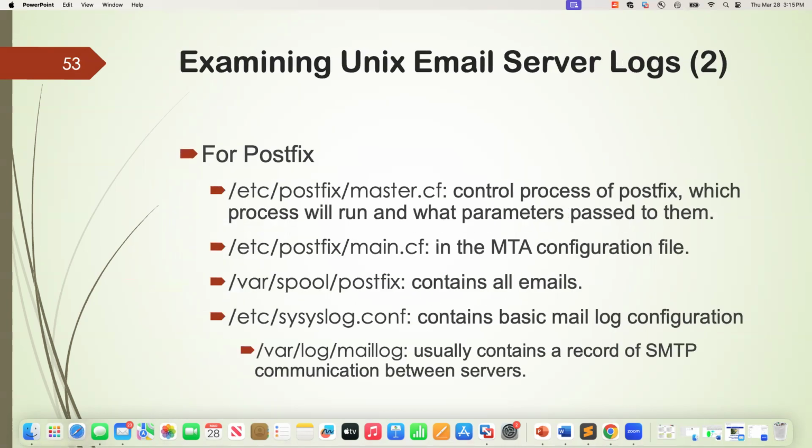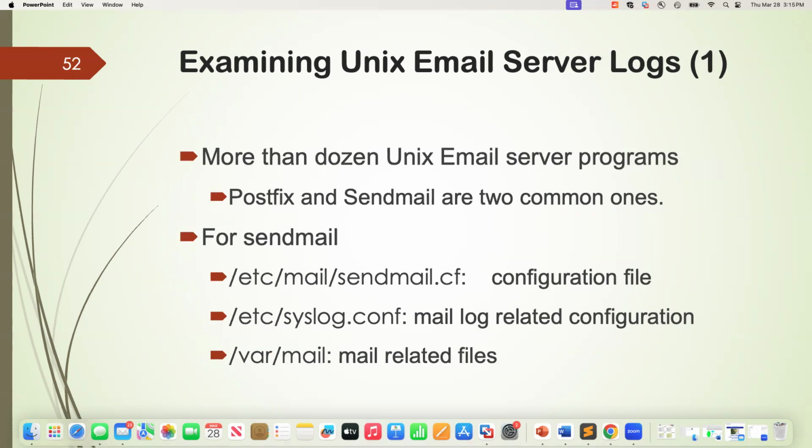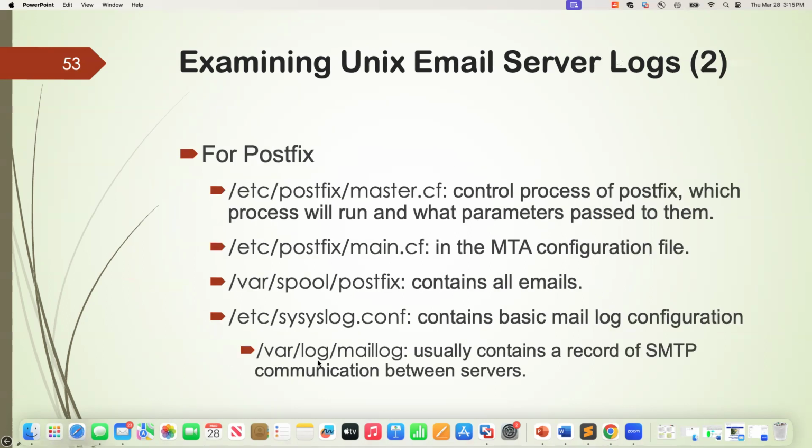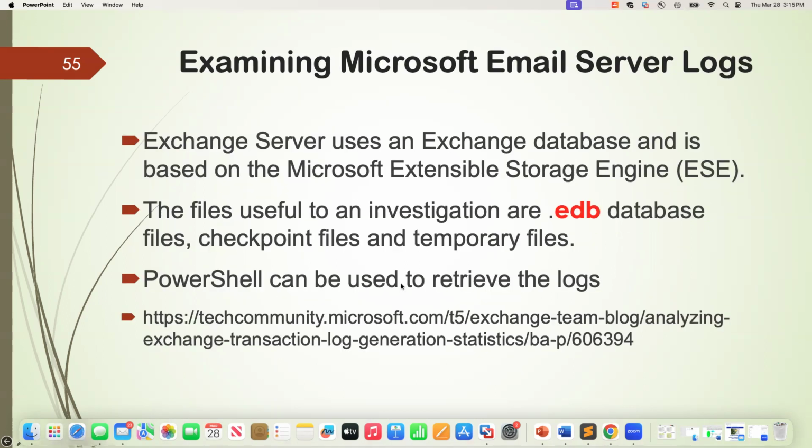For Linux, we discussed two mail servers, Postfix and Sendmail. In Sendmail, mail related information like the individual emails can be found at /var/mail. And in the case of Postfix, they can be found at /var/spool/postfix. Similarly, for Windows, if you are investigating a Windows mail server, try to copy or get all the